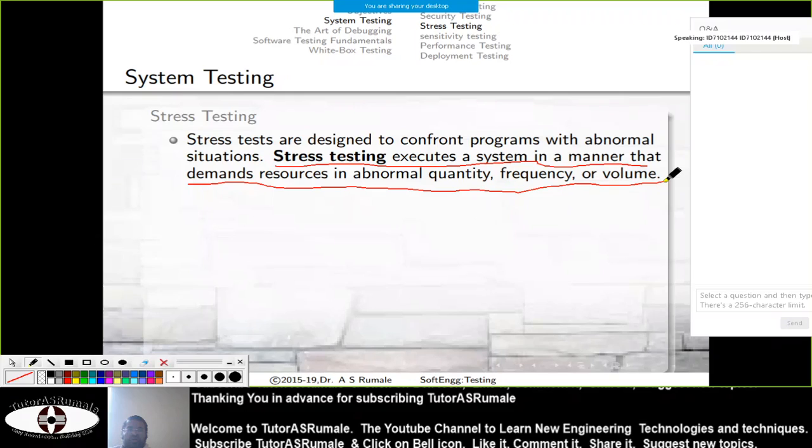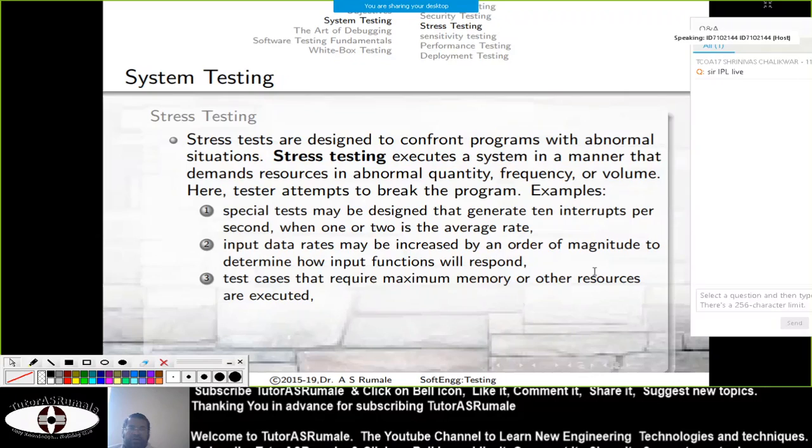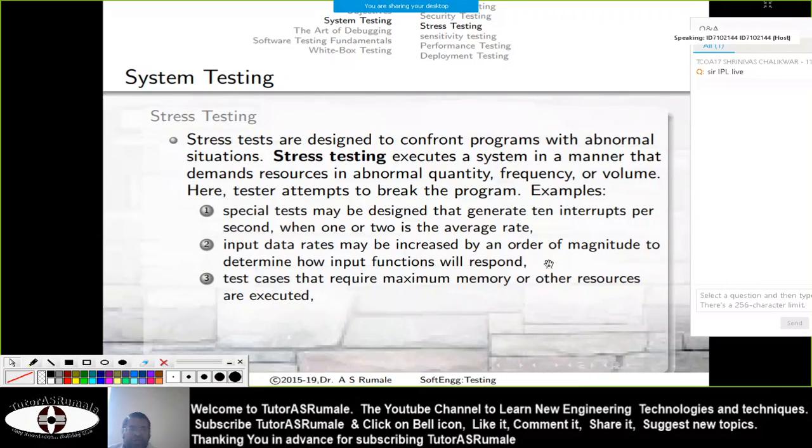When you say abnormal, it means literally abnormal. Here the tester attempts to break the program entirely. For example, special tests may be designed to generate many interrupts, 10 interrupts per second, input data rates may be increased, magnitude may be increased, and test cases may be increased.